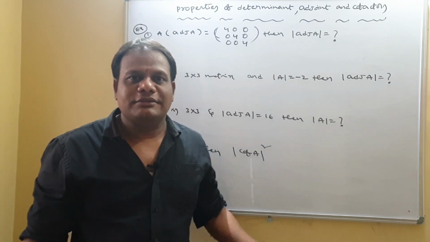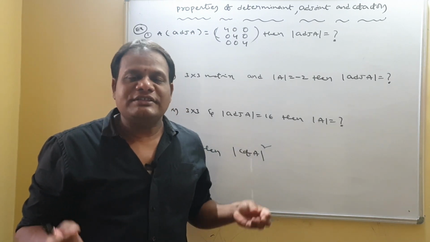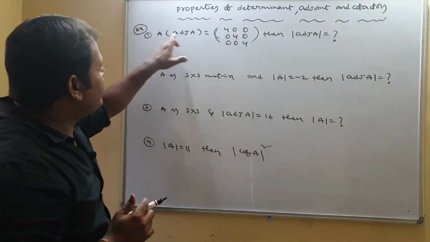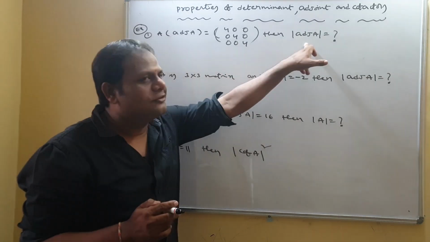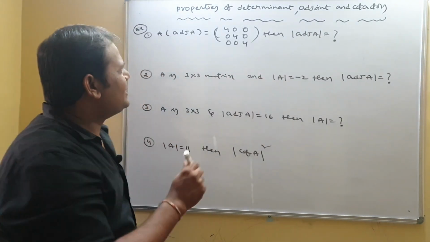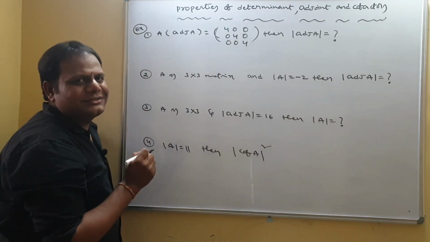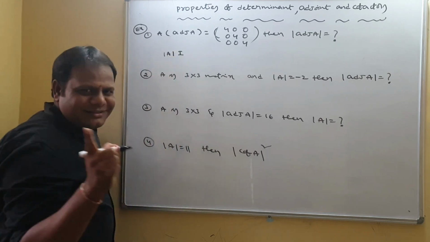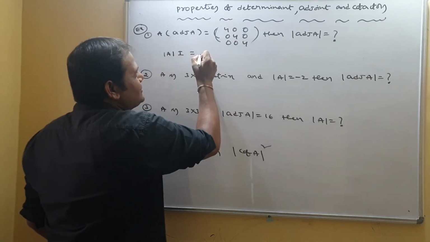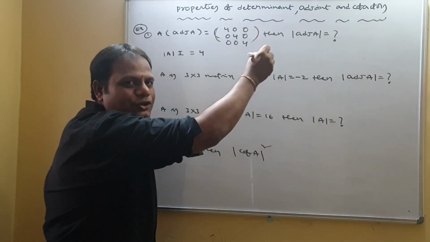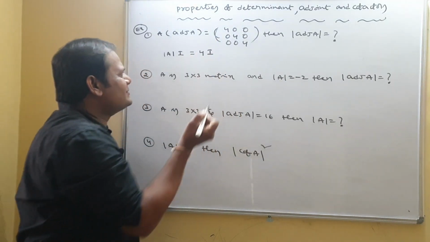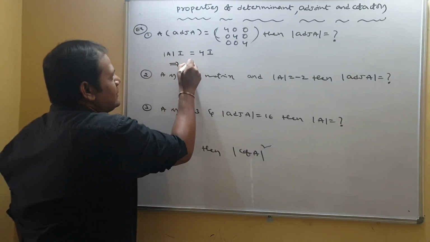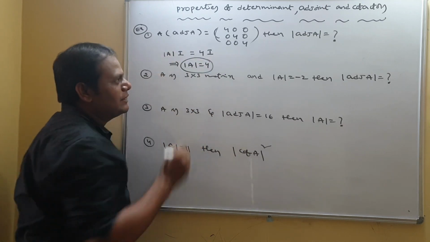So my dear students, now we discuss a few examples which are frequently asked in competitive exams. See, coming to the first one, A into adjoint A is given, asking what is det adjoint A. See here, A into adjoint A equals this. We know that A into adjoint A is what? Det A into I, is it? So can I take 4 common from this? So 4 into the matrix 1 0 0, 0 1 0, 0 0 1. Is it I? Yes. So in place of det A, what do we have? 4. So we got det A equal to 4.